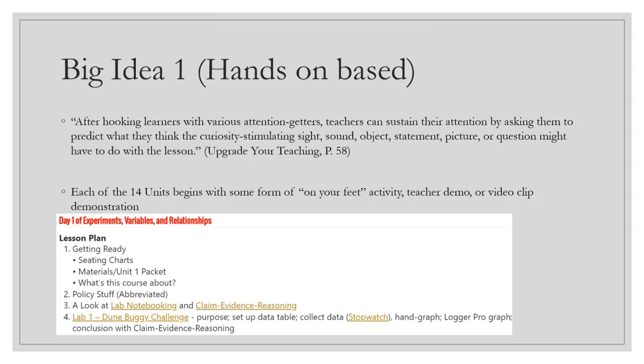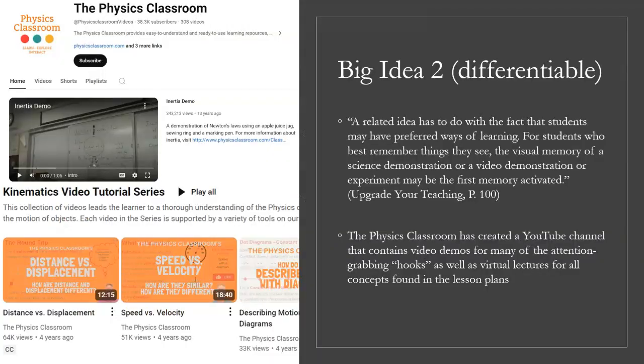So from day one, if you look at the lesson plan all the way down here for number 4, day 1, they're working on a lab. This is a very common theme that happens at the beginning of each lesson, but on day 1 of unit 1, they're already going into a lab. They get to look at different phenomena. They get hands-on work and get a general idea overall of what the unit is going to be before even really starting. So a lot of on-your-feet activities. There's teacher demos, there's video clips. It's a really good way to connect students into the lessons right away. So that was a big first connection there.